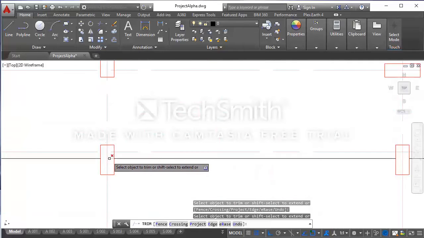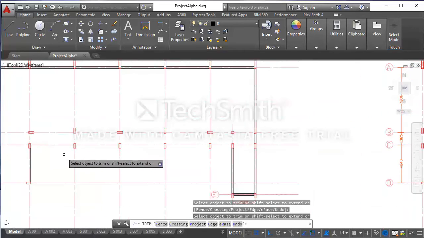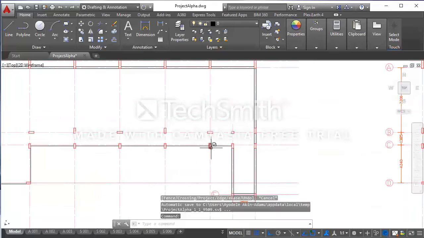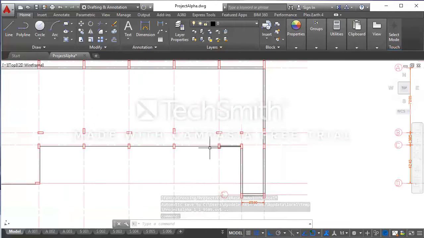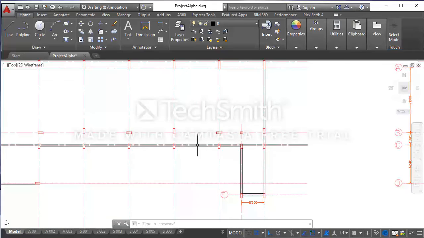So I've trimmed it. I would have also moved this, select this line and move it upward. However, I do not want to place any perimeter beam along this column, so I'll leave it like this.